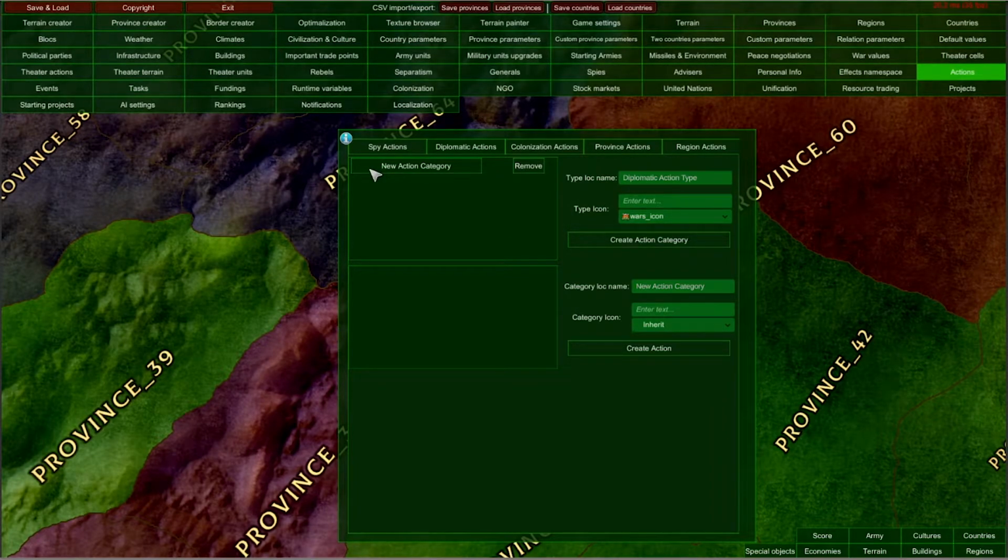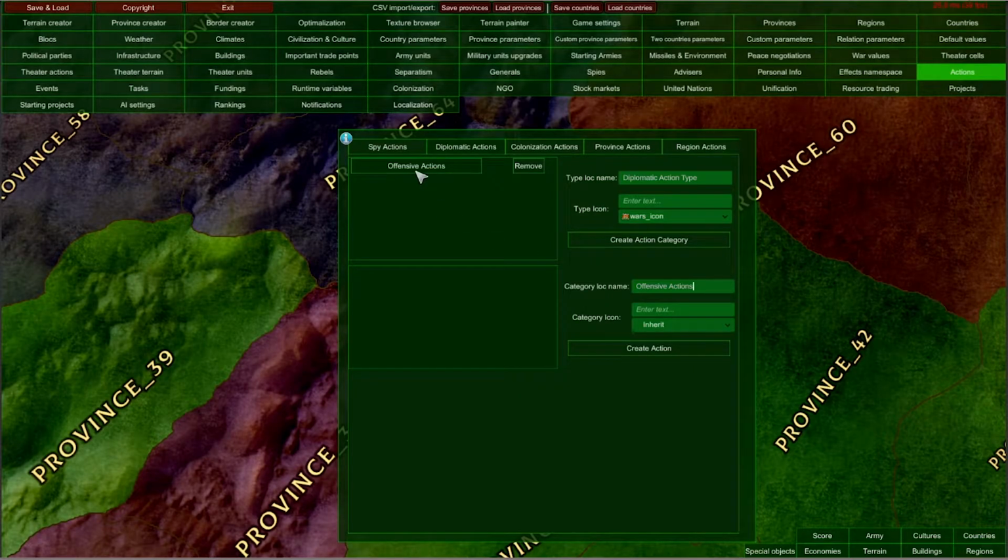So we want to organize them so that there aren't too many actions at the same time on the screen. Because I am setting up the declaration of war action, I'm going to leave this wars icon here for this category, and I am going to type here offensive actions, so that now this category is called offensive actions. So the player will know what he or she can expect inside that category.